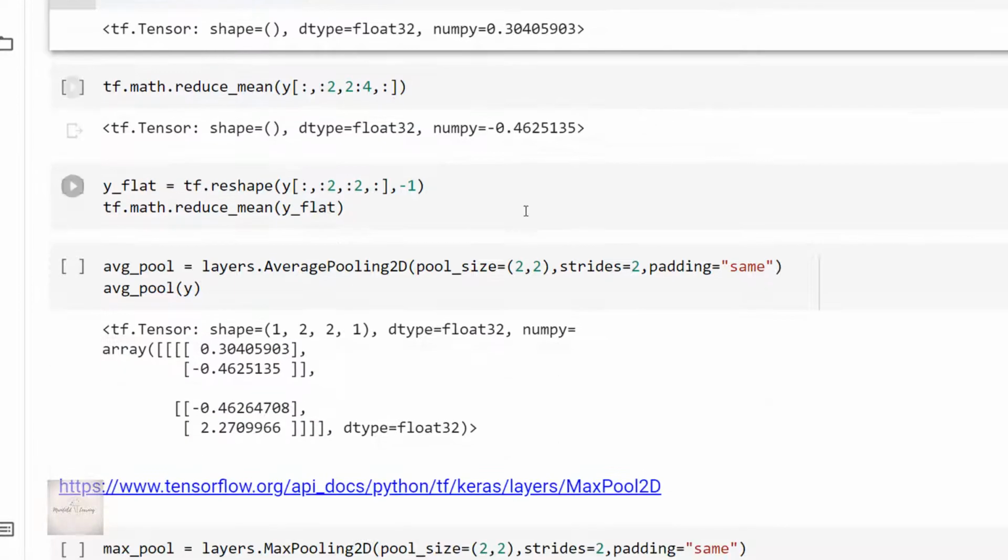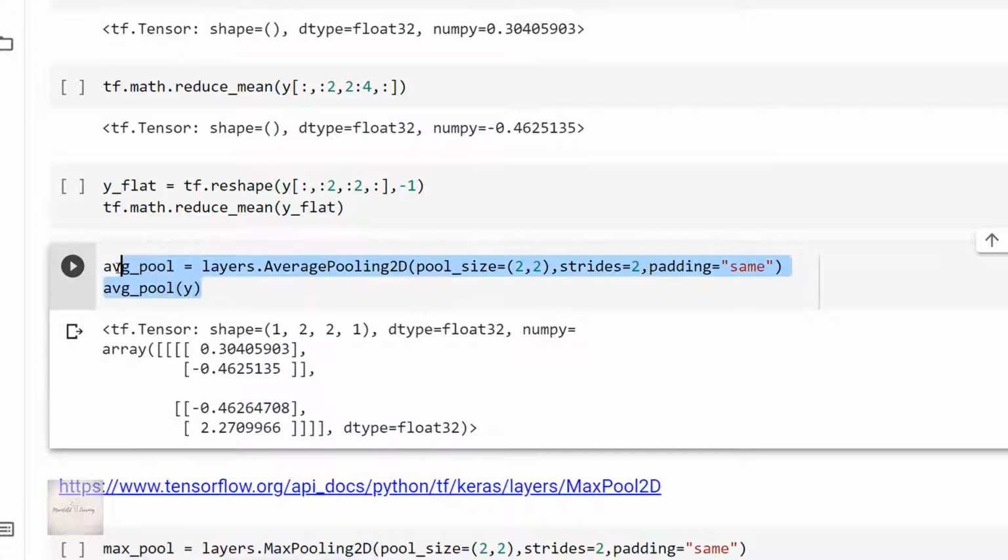Now let's do the same, guys. If you observe over here, I'm applying the average pooling on top of my y. See, I have written average_pool equal to layers.AveragePooling2D. So this is the function that we use inside TensorFlow to perform the average pooling. In AveragePooling2D, I have specified my pool size as 2, 2, which is the kernel size. And I have written my strides as 2.